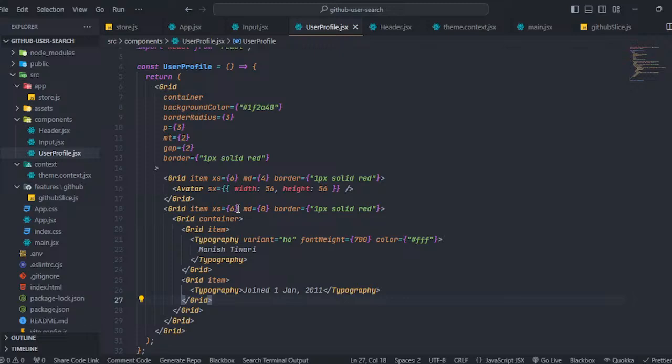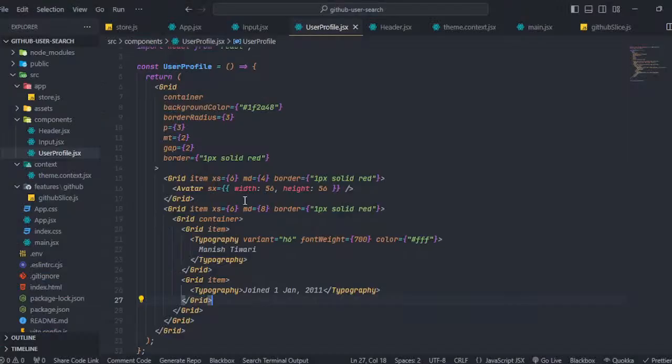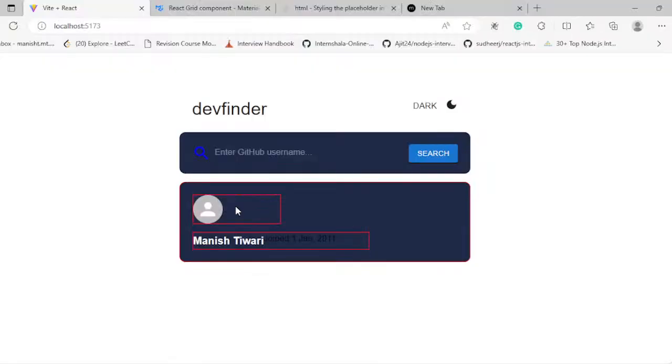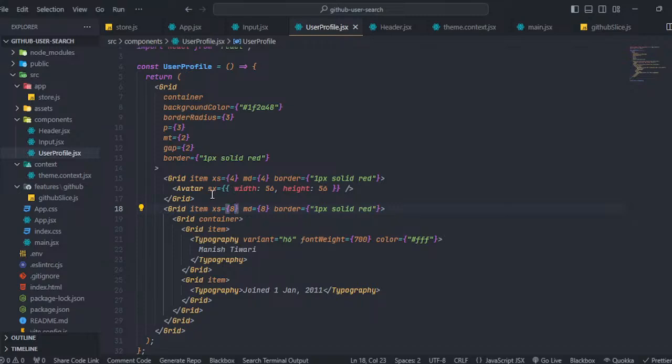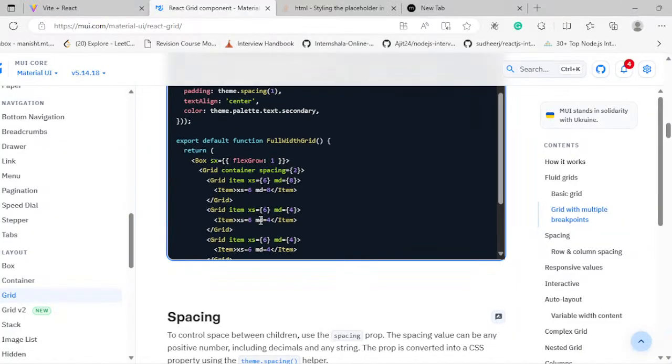So for SX it will be 6 and for MD it will be 48. It will be 4. That part is also the okay. I think I need to wrap it with this one only. So,